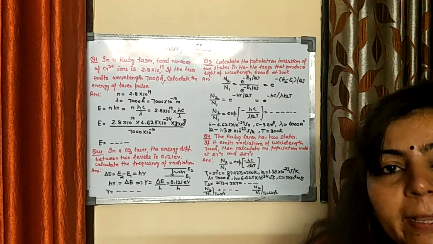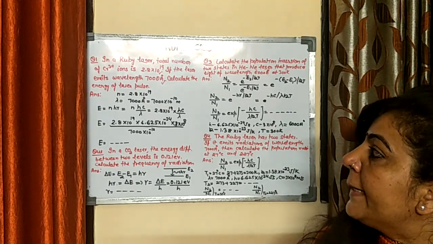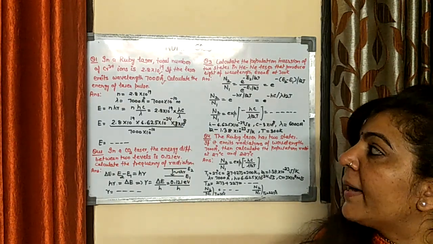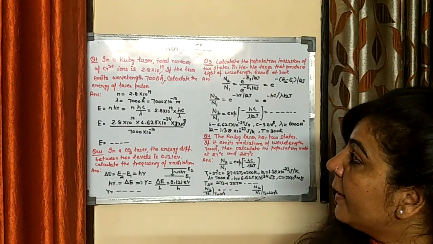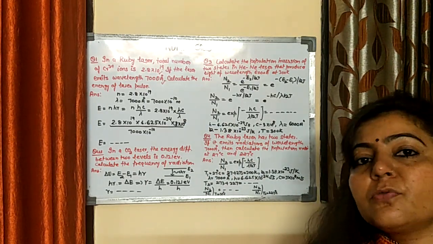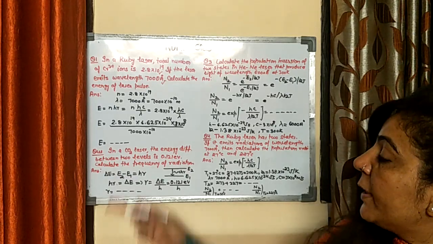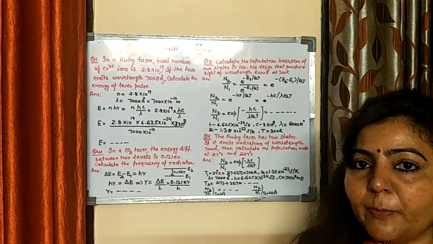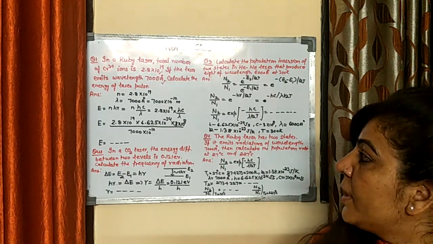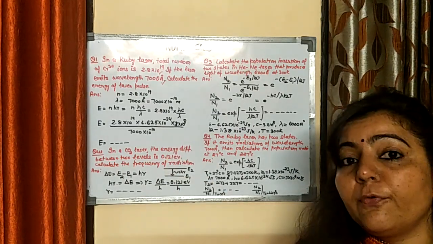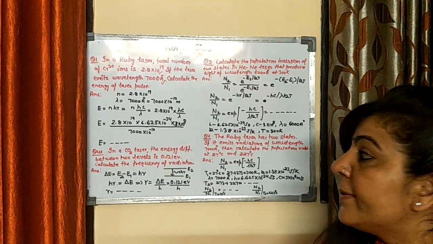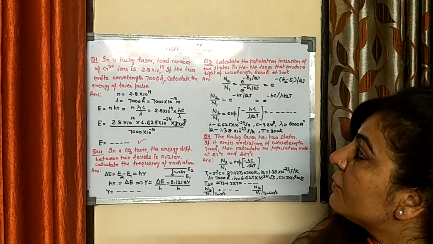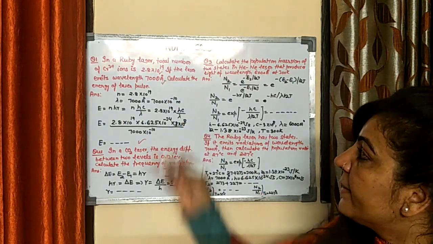So here the wavelength and the number of chromium ions are given. According to Planck's quantum theory, energy E is equal to N h nu. Number of chromium ions is 2.8 into 10 raised to power 19. Wavelength is 7000 angstrom, 7000 into 10 raised to power minus 10 meter. So energy will be N h c upon wavelength, where h is Planck's constant, 6.625 into 10 raised to power minus 34. You know the value of c, and the wavelength is given. Substitute all these values, and you will get the energy of that laser pulse, which has this number of chromium ions and this wavelength.